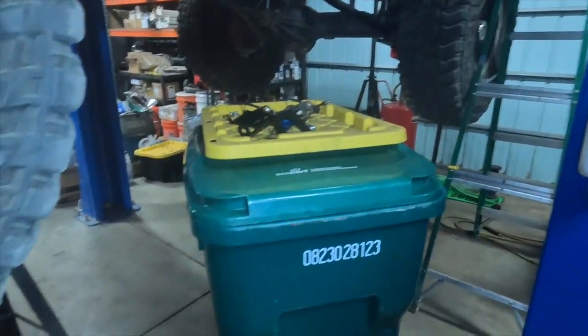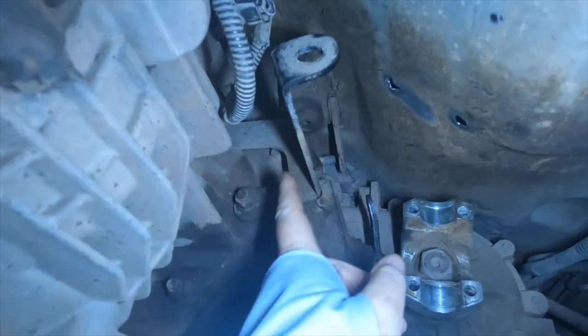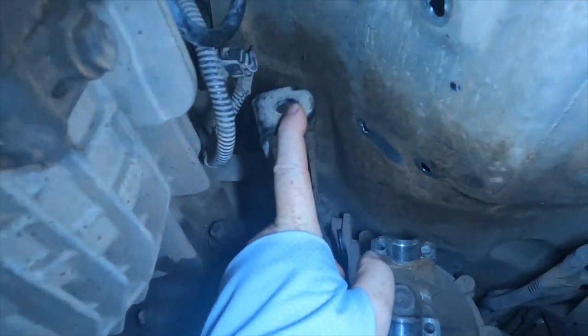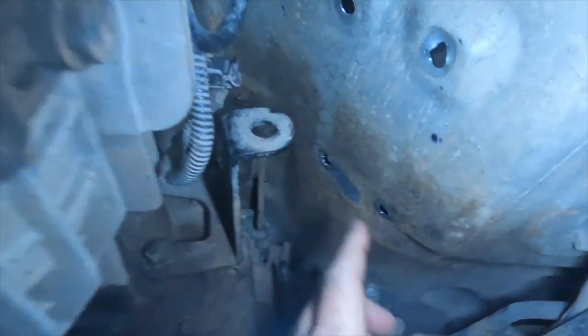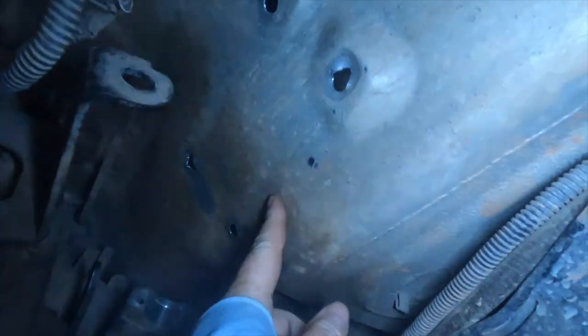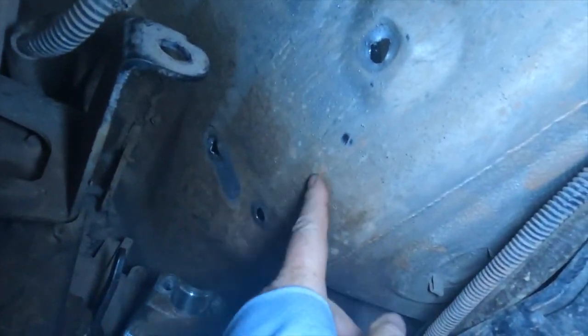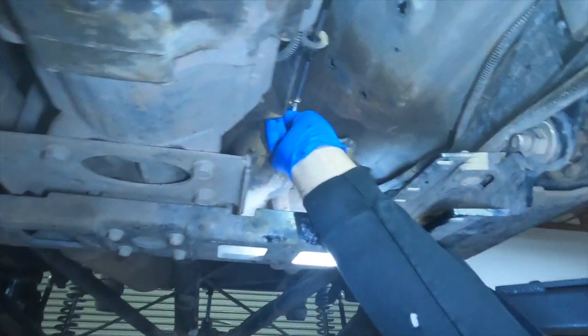Well, I guess that's a new use for a trash can. All right, so pointing it out, this right here is the bracket that we are going to reuse. This is where the shift cable will come out when he gets it assembled. And then the other bracket mounts up right here, which goes out into the transmission tunnel and into the cabin. So stabbing that through the bracket,